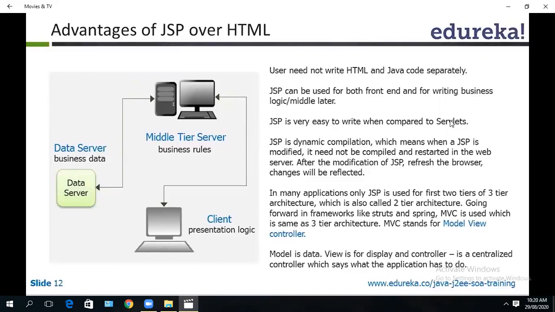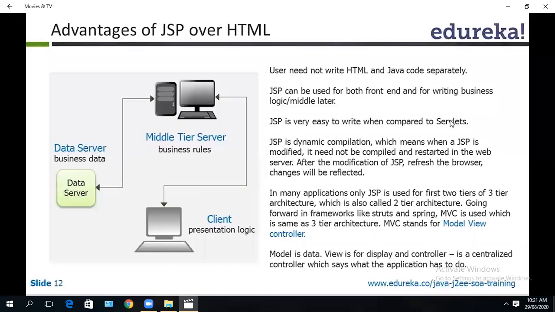I'll show you practically. What happens the first time when I write a servlet? I compile it and run it. If I want to modify it, let's say I have modified this servlet file, again I have to compile it, bring down Apache Tomcat, then bring up Apache Tomcat and then run the program, because the .class file has to be loaded on the server. Then only it is available. Then only the server can execute that and give it to the client.